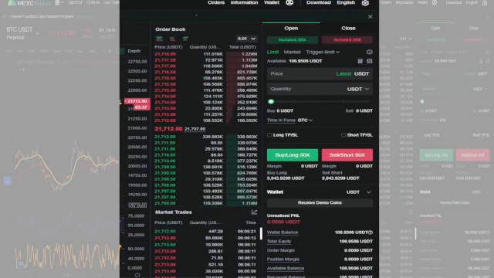I'm currently trading on MEXC, so this will be more inclined towards MEXC, but it is similar on most exchanges. Up here at the top, where I make my orders,